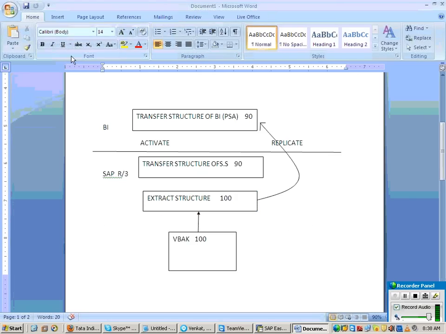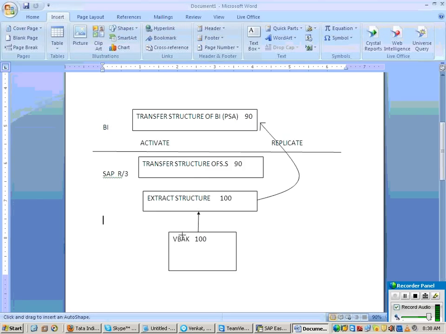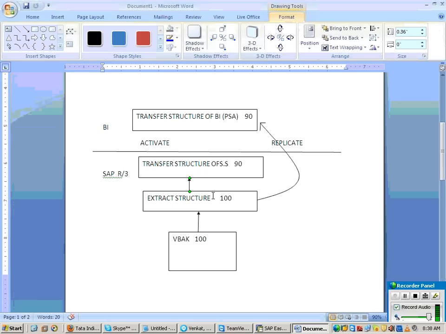Now, see how data comes. Data from your VBAK table, first it will come to your extract structure, then to the transfer structure of source system, then to your transfer structure of BI, that is nothing but your PSA.